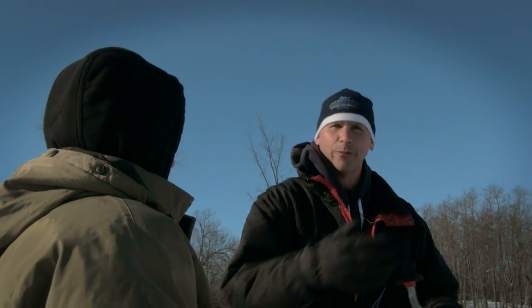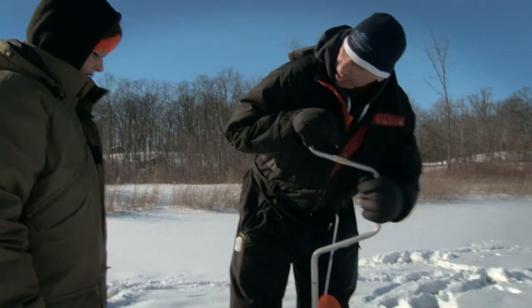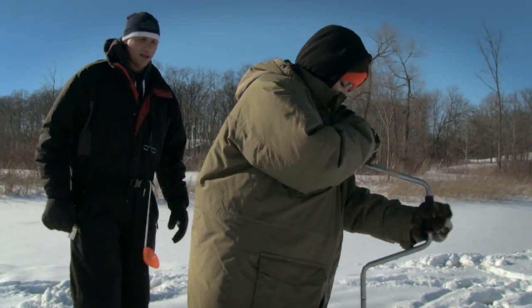Now, you've got to kind of think about if you were in a boat. The last thing you want to do is, okay, the fish have now moved, now I'm going to go drill a hole looking for them. You put some pressure on this, and all you do is turn this baby. Okay. You make it look easy, but...